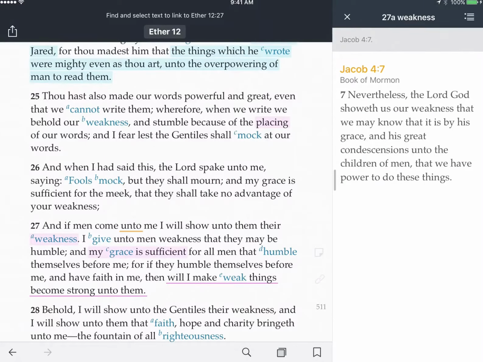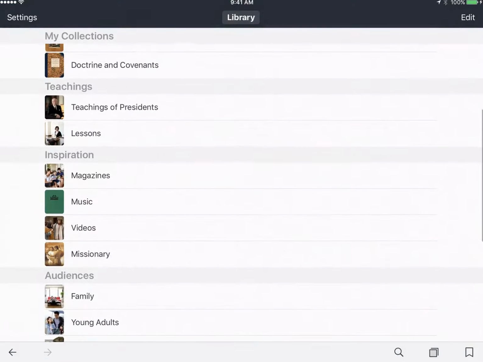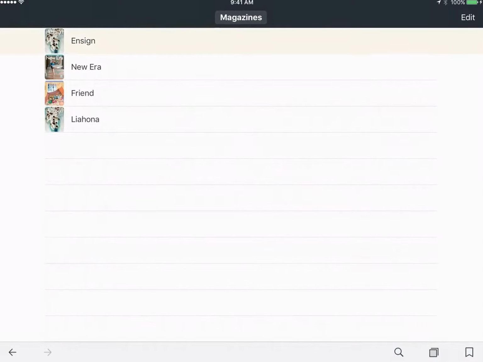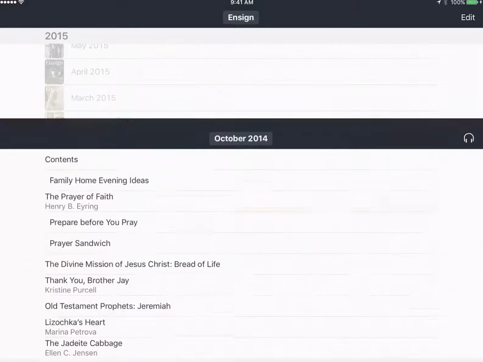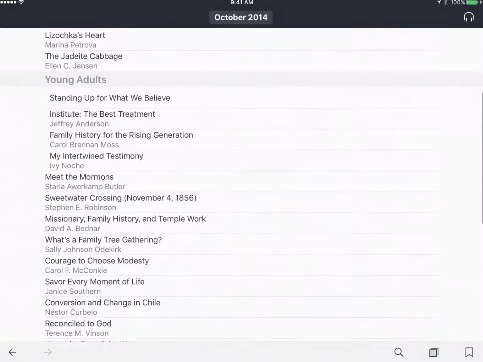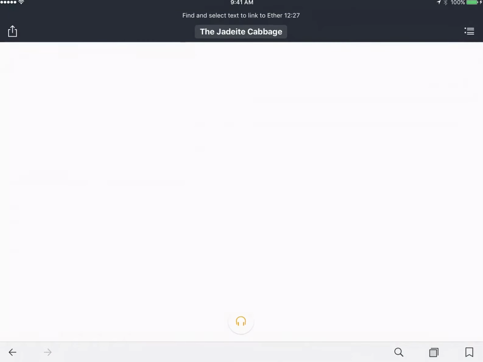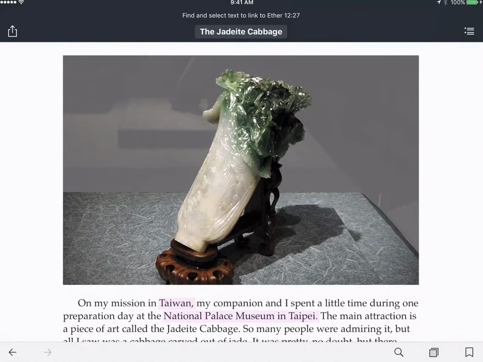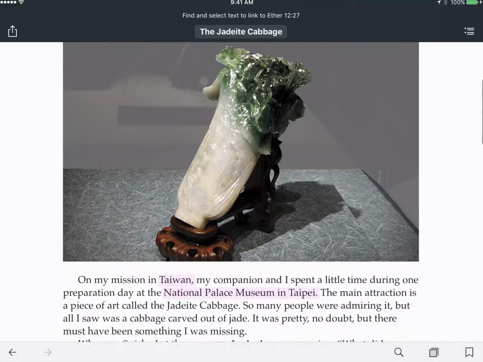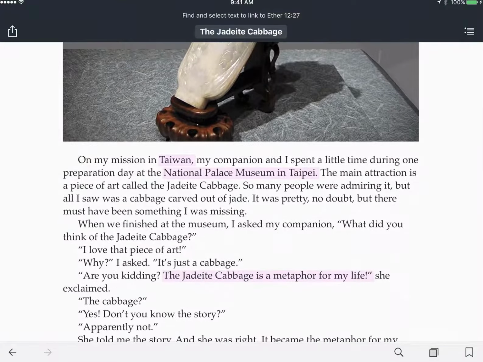And now I'm going to go to a place that I want to link. I'm going to go to an Ensign magazine that talks about turning weaknesses into strengths. October 2014, there's a wonderful little article called The Jadeite Cabbage. It talks about an ancient piece of jade that had flaws in it. It's supposed to all be green, but you see there's some white in it, and how that flaw was turned into something beautiful. So I'm just going to highlight anywhere right here,